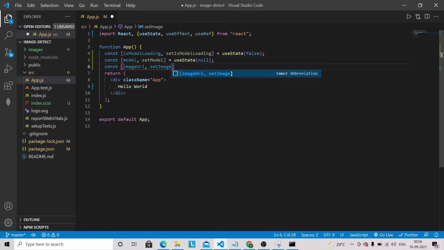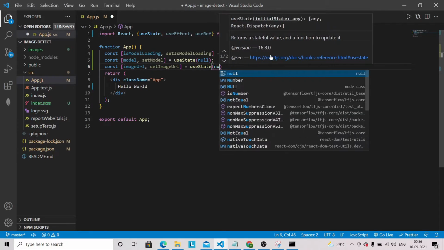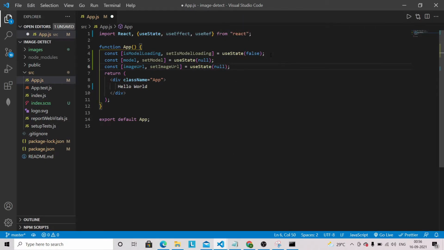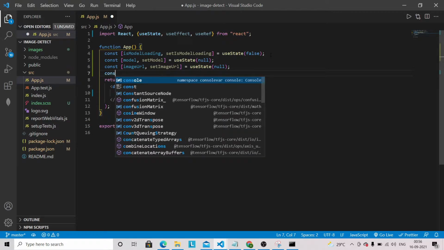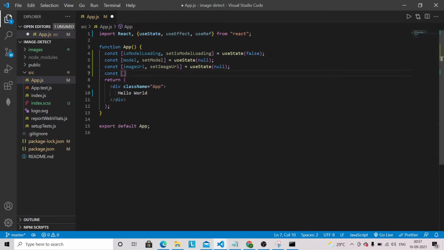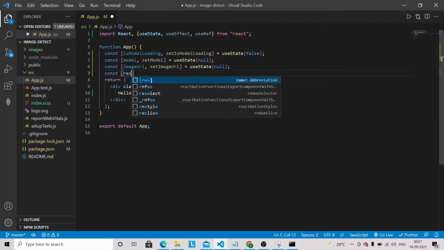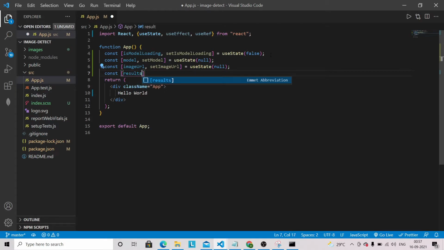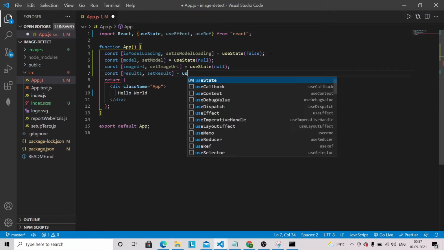So for that we are also going to have one state here, useState, and it will also be null initially, and we are going to have a result. So you will get a result if you put in any image, because TensorFlow will provide some result. So we need to store that result in a state.